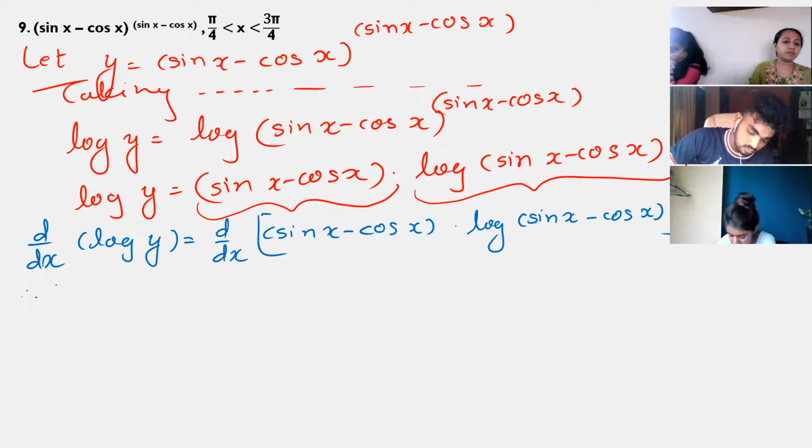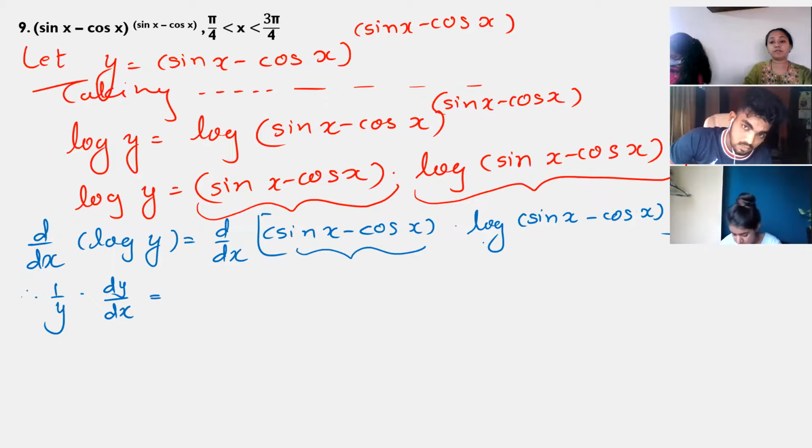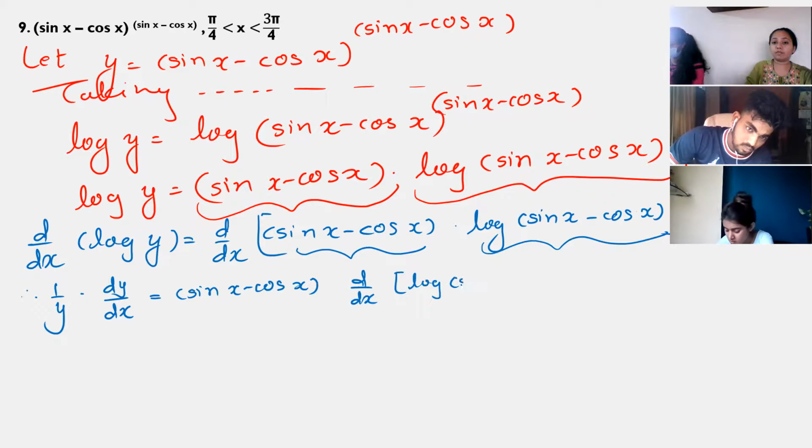Here log y gives 1 by y, but since it is not x, it's y, and we are differentiating with respect to x, that is why dy by dx. Okay, here I can see there are two different functions in multiplication, product rule. First quantity as it is, sin x minus cos x as it is, and differentiation of log of sin x minus cos x